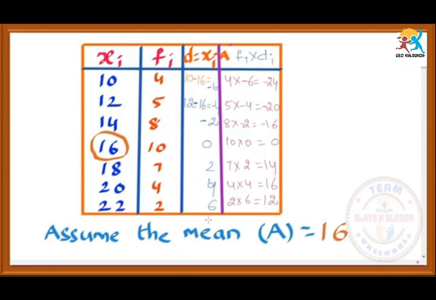After this we have to find the sum. That sum is called, actually this is the product of fi into di. So we are adding all these, then this value will become sigma fi di is equal to, just add 12 plus 16, that is 28 plus 14, 42. 42 minus 16, that is 26. 26 minus 20, 6. 6 minus 24, that is minus 18. So this value will be minus 18.